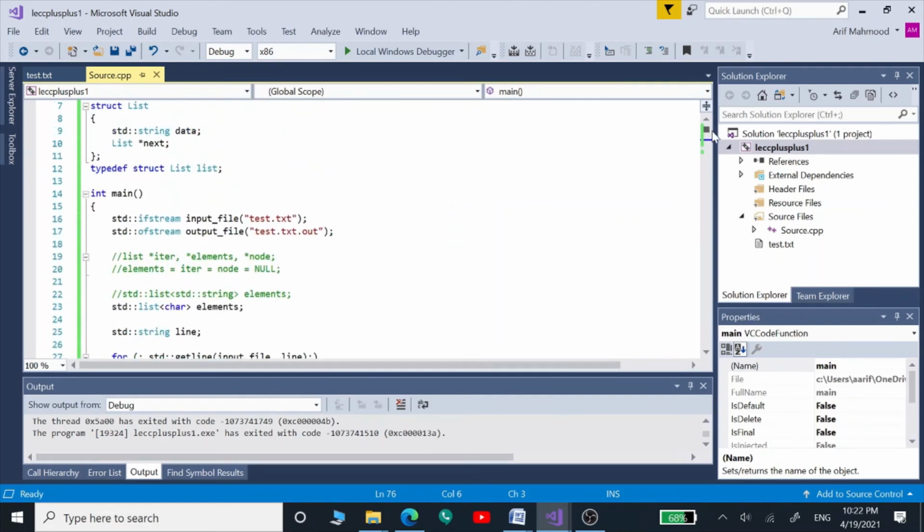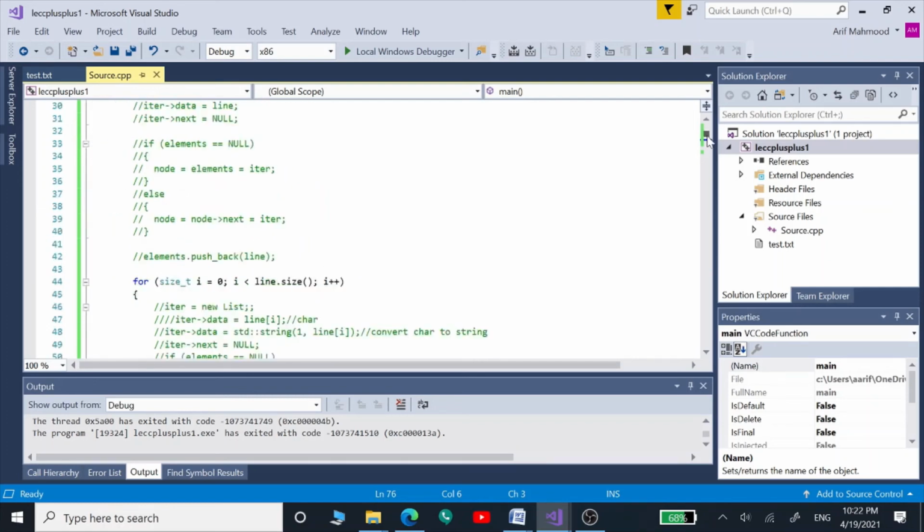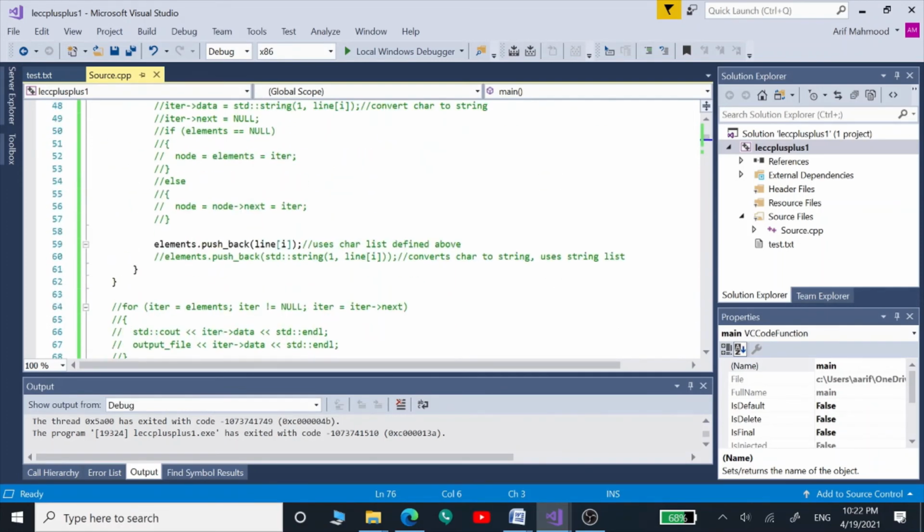And now we are going to see how we can convert these elements, like these characters, into strings. I mean those individual letters or the spaces which we are getting, and we know that they are of type char now, but how can we convert all those spaces and letters, if we want to use them, into strings, and then how can we place those strings into our string list.